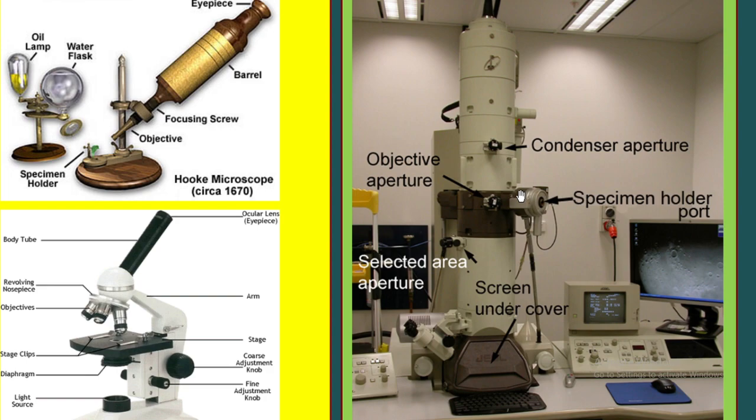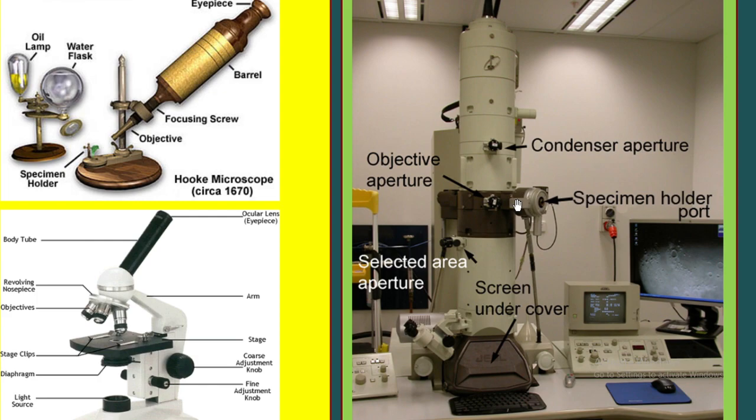The cell you can see with a compound microscope, but can you see the virus with a compound microscope? No, sir. We cannot see. So if you want to look at the virus, how it looks and where it is, for that you need an electron microscope. A sample in which you suspect that there may be virus or viral particles can be kept in this electron microscope.